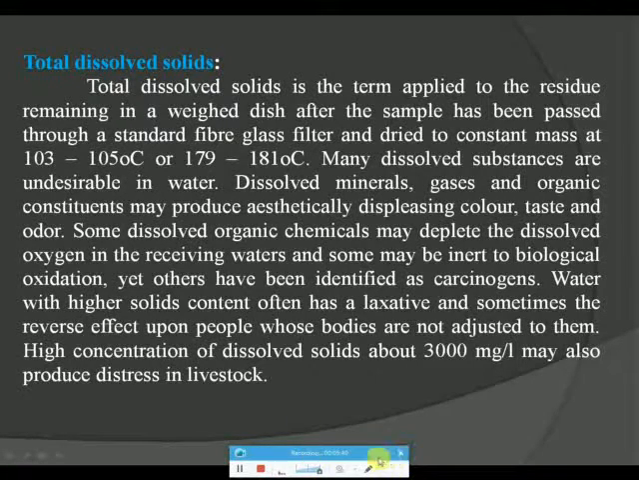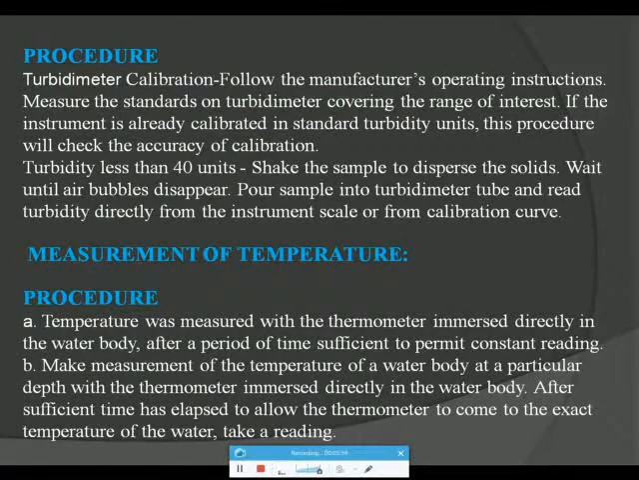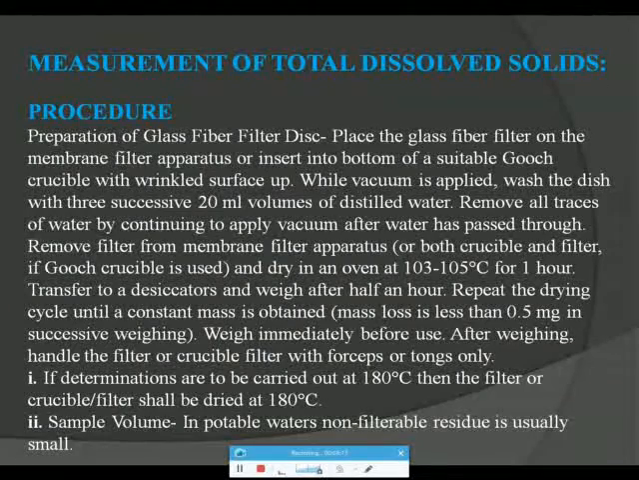Physical test. Measurement of turbidity, principle. Apparatus required. Sample tubes. The sample tubes should be of clear and colorless glass. Procedure. Turbidity meter calibration follows the manufacturer's operating instructions; measure the standards on the turbidity meter covering the range of interest. Procedure. Temperature was measured with the thermometer immersed directly in the water body after a period of time sufficient to